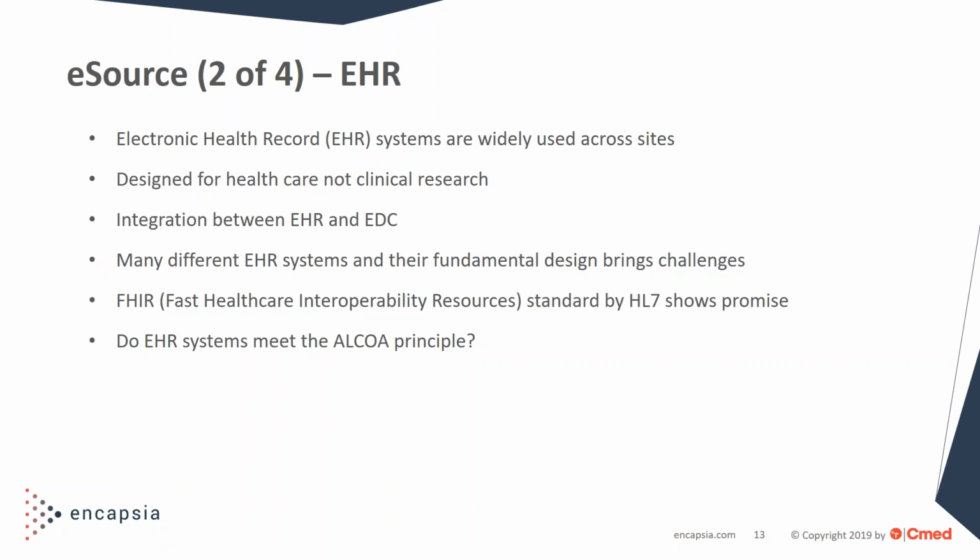I don't think, though, it's just about the technology, to highlight the issues that we face. For example, do these EHR systems meet the ALCOA principle? And beyond that, because they're designed for healthcare and not for clinical research, what about 21 CFR Part 11 or GCP? In the 2010 EMA paper, they state that clinical trials can be conducted at institutions that use